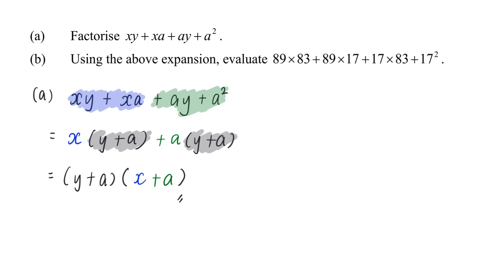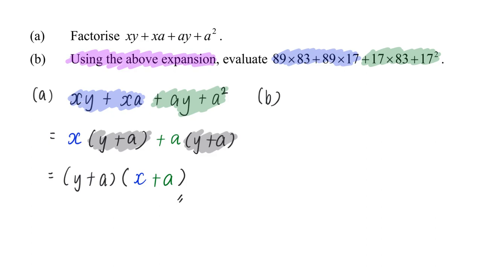Now part B, they require us to do this. They require us to use the above expansion or factorization. So right, my first step is to see and observe. Okay, and I do see similarities. Okay, I do see that if I were to break this up into 2 groups, I saw that for part B,